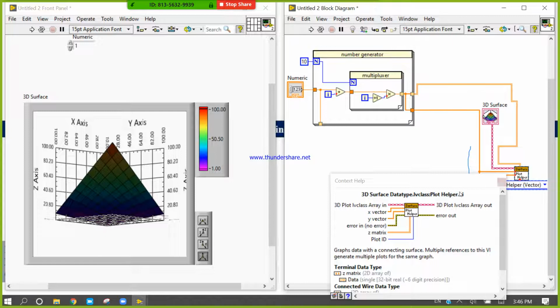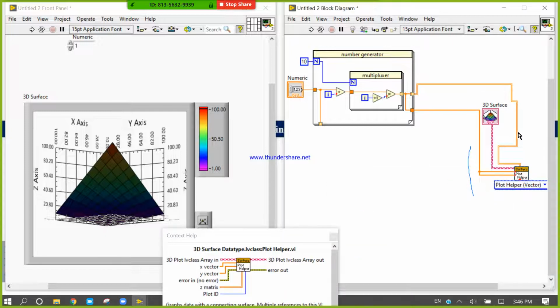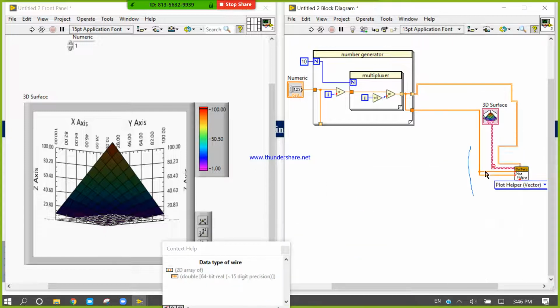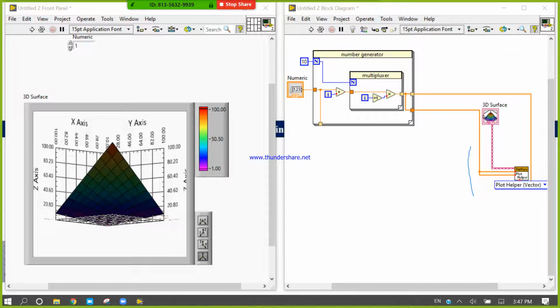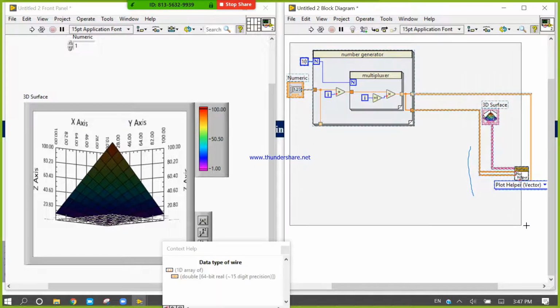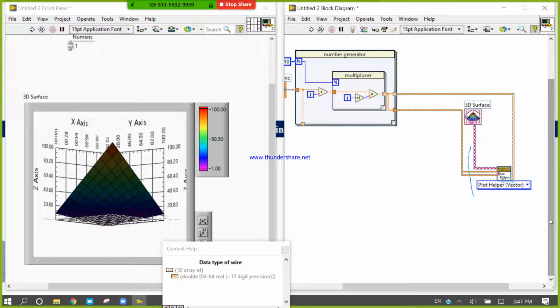Look at here, x and y are connected with the same wire. Change it from matrix to vector. Okay, now save this program also with the name 3D plot.